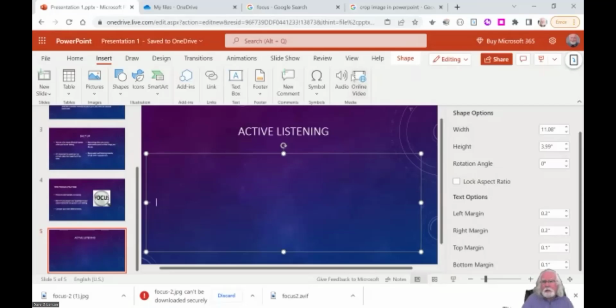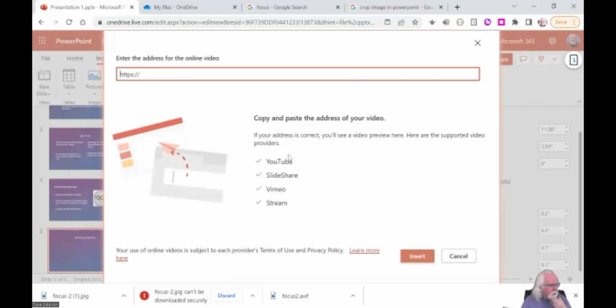And it's handy to insert online video anyway if what you need is online. I can just click that, and it tells me that these are the available hosting services from which I can pull video. YouTube, SlideShare, which is a PowerPoint